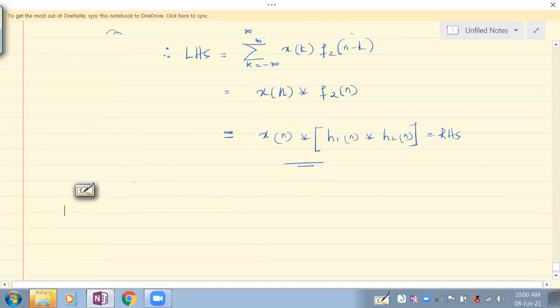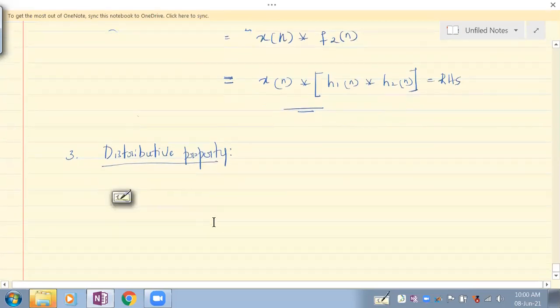Now we shall go with proof number 3, property number 3. That is the distributive property. For the associative property they have asked for proof, some 2 or 3 times, so let's not neglect this proof. Go through that proof, learn it. If you see it once or twice, you'll understand. Distributive property is what we are seeing now. This is quite easy to prove. That associative property is a little confusing.